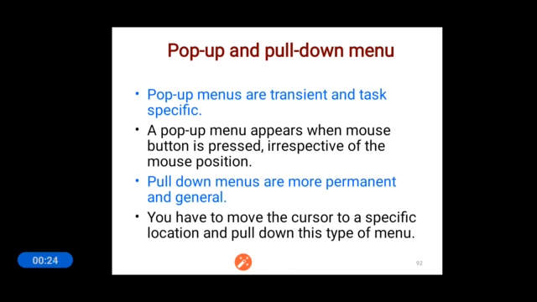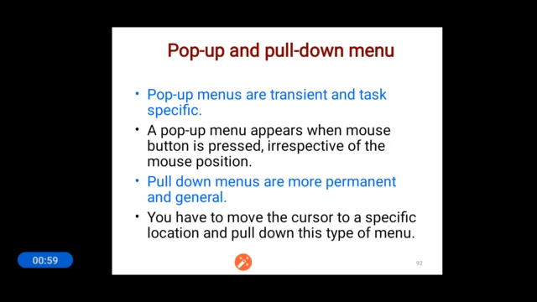A small window will appear, providing some set of options like system properties and refresh the page. That is called a pop-up menu. So wherever you click on the mouse, other than the label widget, wherever you click on the screen area, the same menu will appear. That kind of menu is called a pop-up menu.